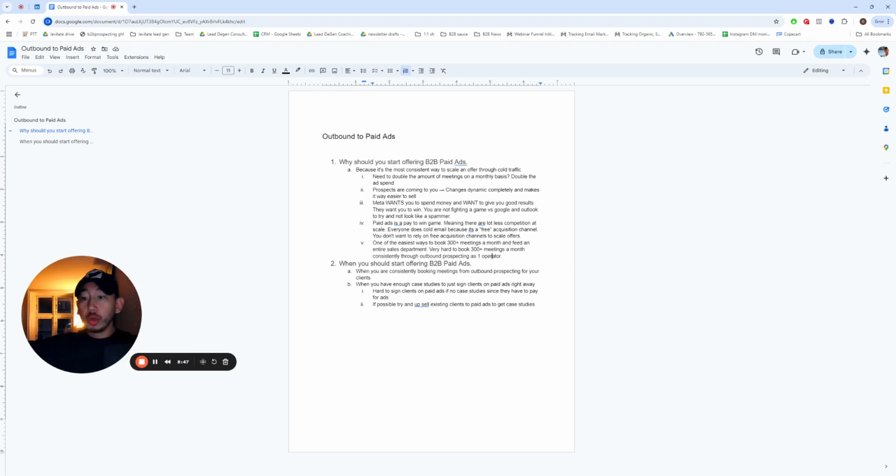But you can literally book 300, 400, 500 meetings every single month for a B2B business with just one person doing the marketing side when you're doing paid ads. And that is why it's so powerful, because everything in business is about leverage, right? How much leverage can you actually get when you're just one person and you're getting paid? And with paid ads, you have so much leverage, because